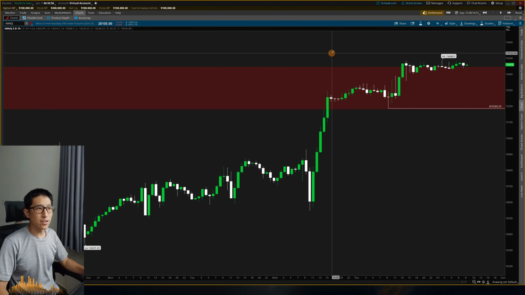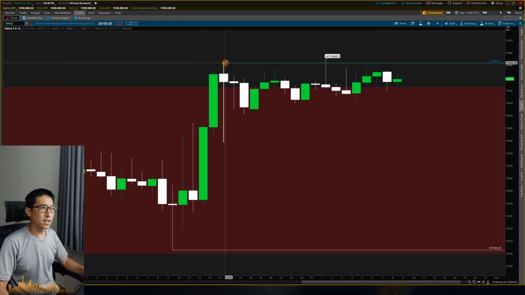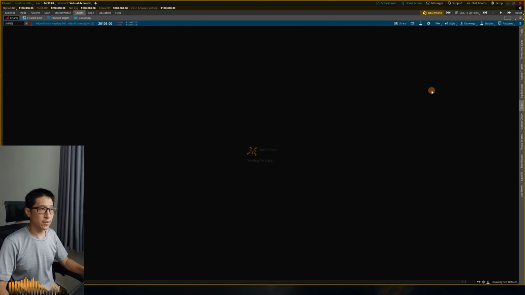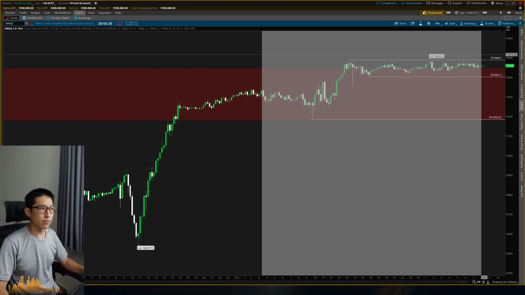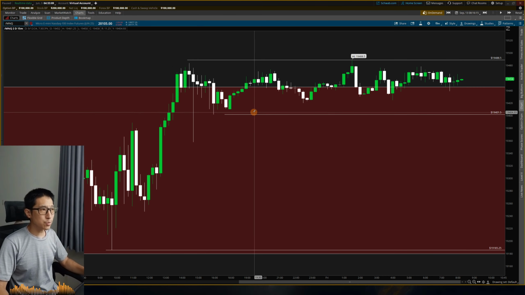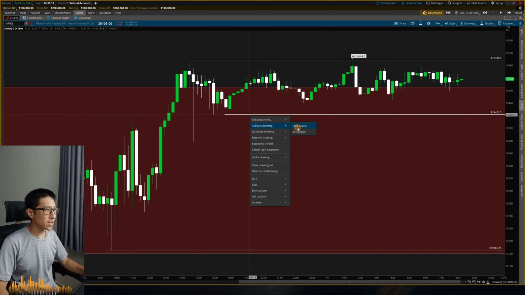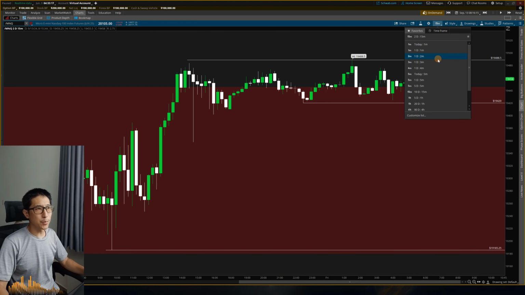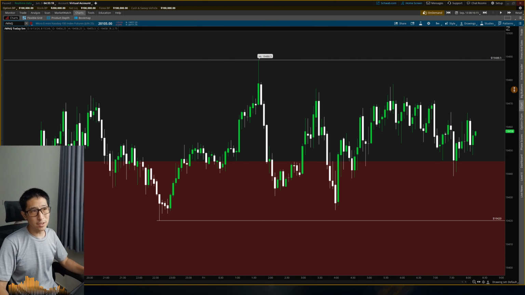But let's go ahead and zoom in, draw my liquidity lines. We're going to be looking at the buy side here, and the sell side, I'm guessing here. I'm going to zoom into the 15-minute to get a clearer view of what's going on. That looks pretty good, but I'm going to adjust this a little bit to these relative equal lows because they're a lot closer. Going to be a little bit more conservative. And let's go ahead and walk through today.